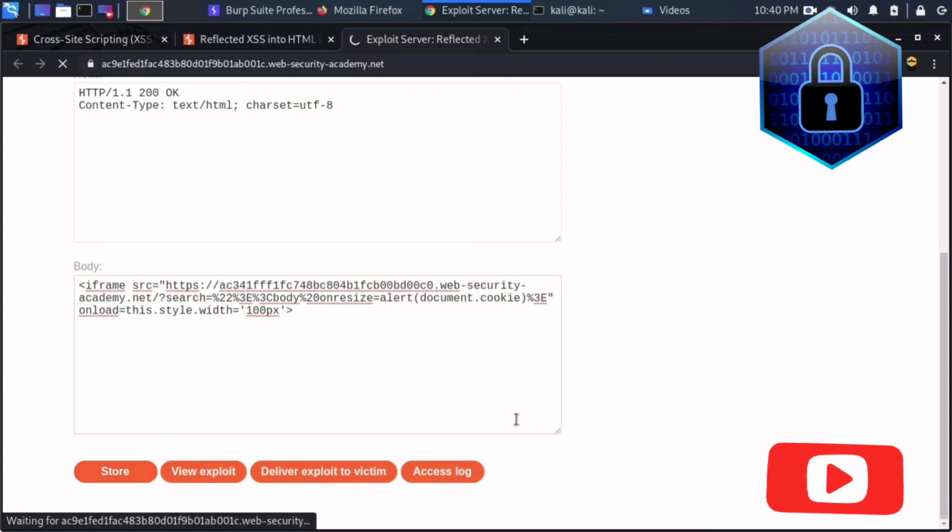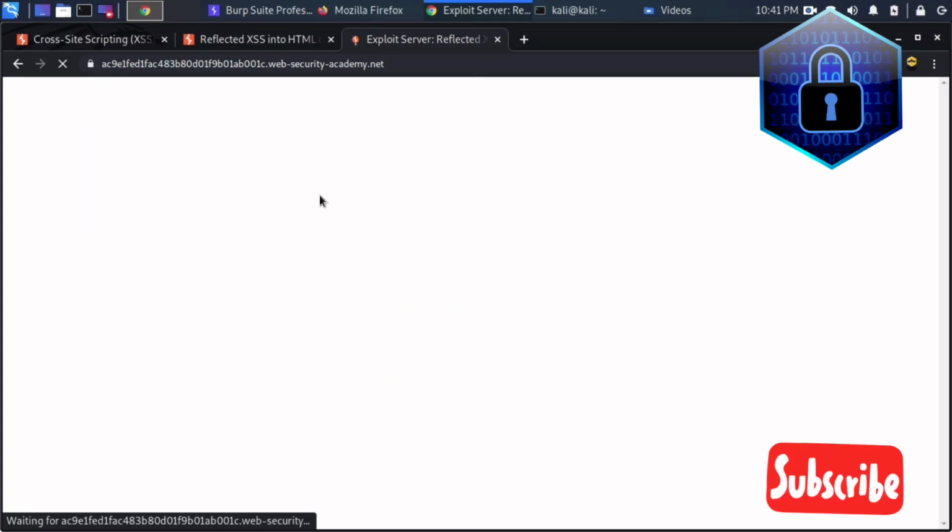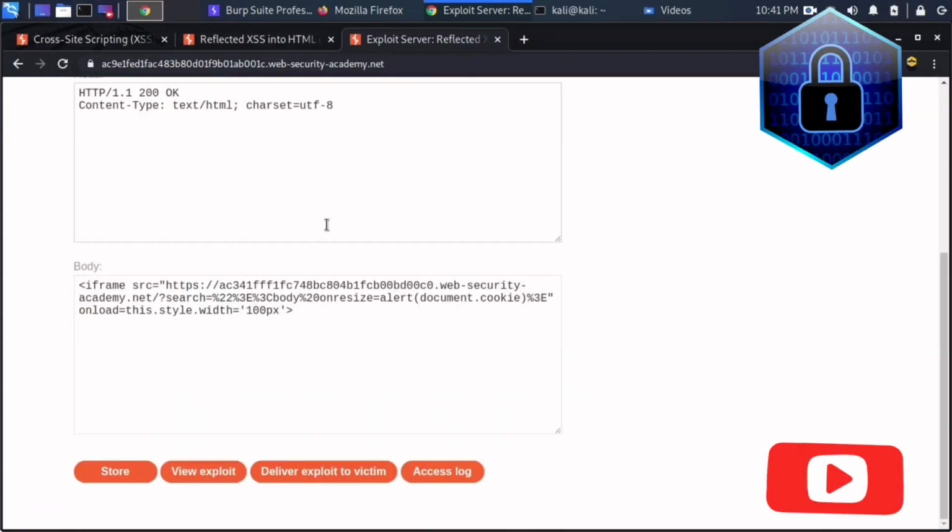So I'm storing this. Yes, now it is stored. It is too slow sometimes. We have stored the same thing with the store button, and you can view the exploit.